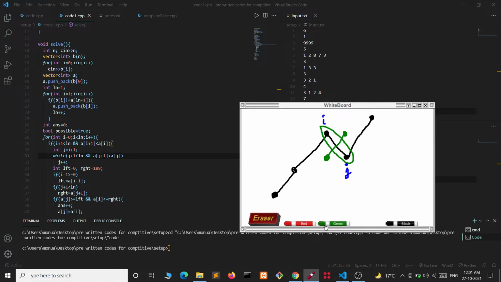Now let's say this is left and this is right.